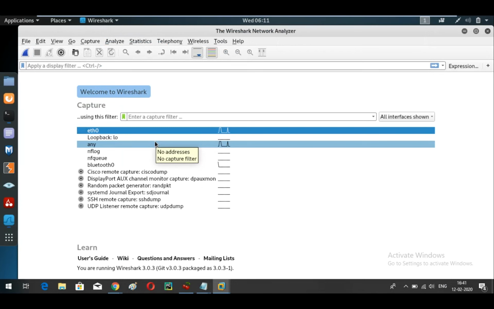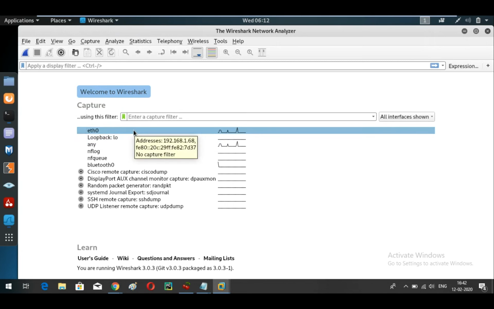Why are we using this Wireshark and what are the uses of it? It's basically a network analyzer. It simply shows you what packets are going through your interface. As you can see, I have the eth0 interface through which I'm connecting. If I want to see the traffic going or coming through eth0,